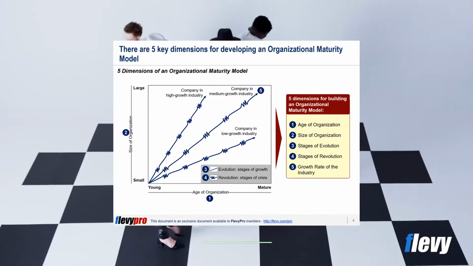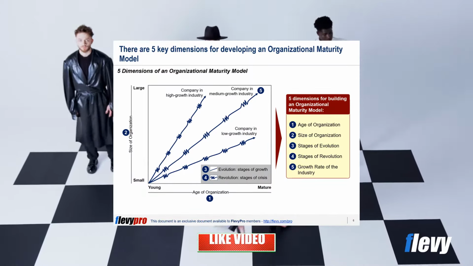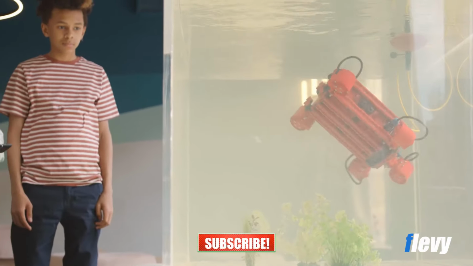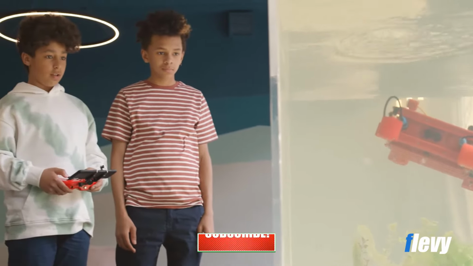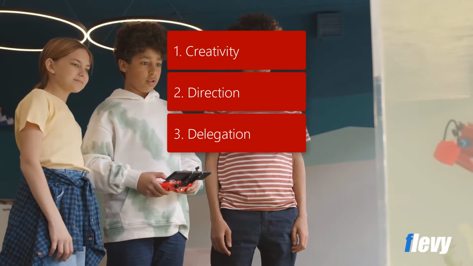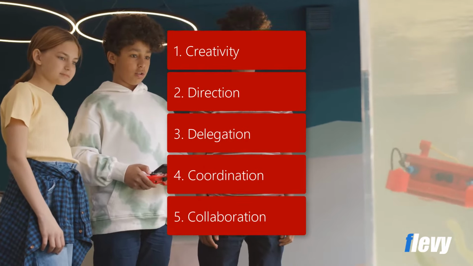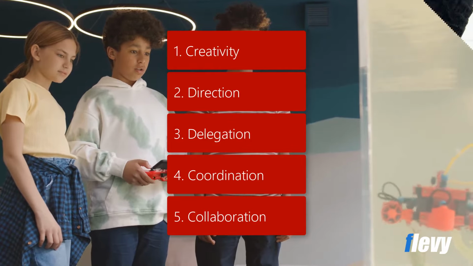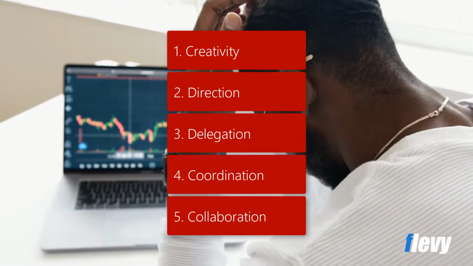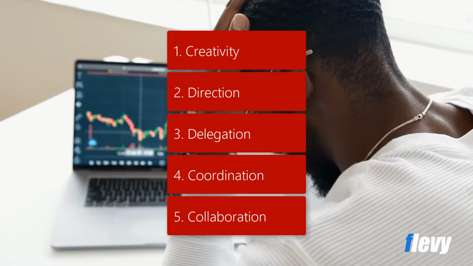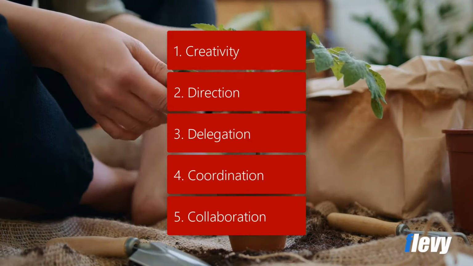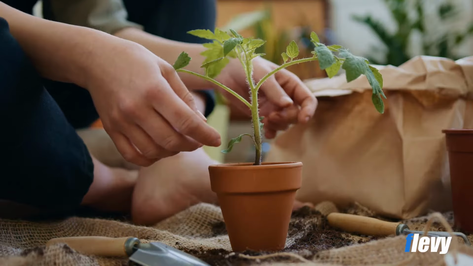In this video, we will explore the Greiner growth model further. The Greiner growth model defines 5 stages of growth. From youngest to most mature, the organization achieves growth through creativity, direction, delegation, coordination, and finally collaboration. As we will soon discuss, at the end of each stage, there is a crisis, which provides the impetus for the following stage, if the organization successfully survives the crisis. As such, each stage is at once a result of the previous stage and a cause for the next stage.